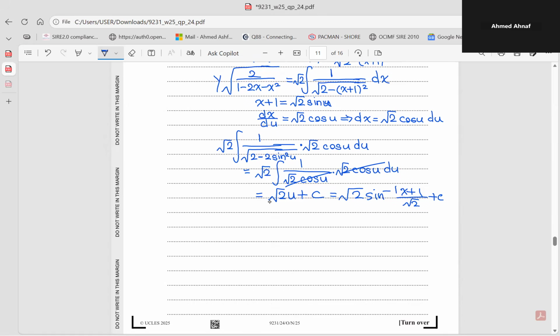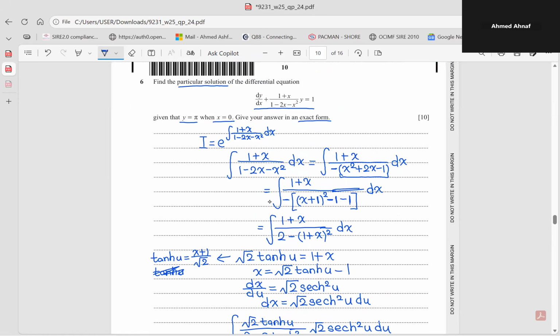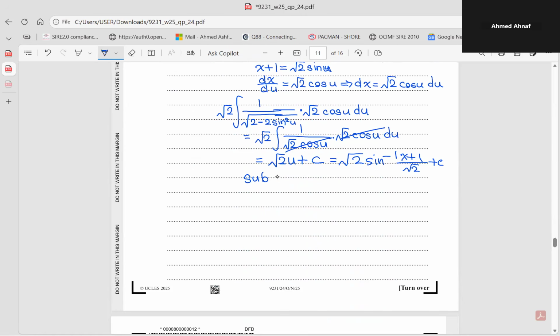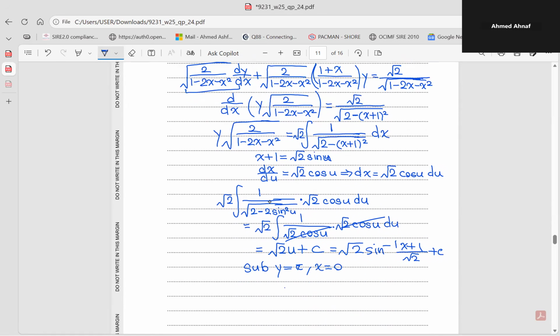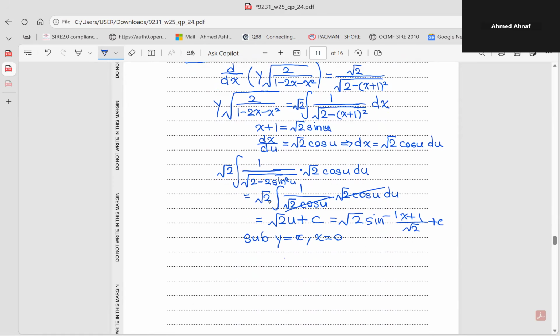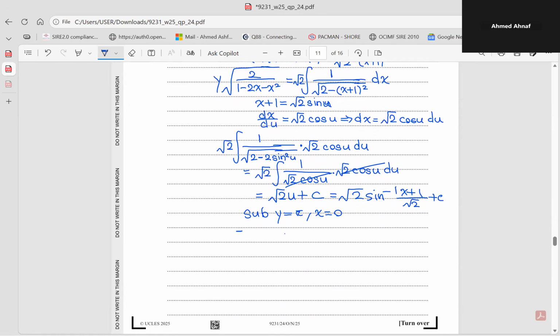Okay, so let's just get into substituting the initial conditions: y equals pi and x equals 0. So y equals pi, you will get pi square root 2 over 1. Yeah, so it's just square root 2 equals square root 2